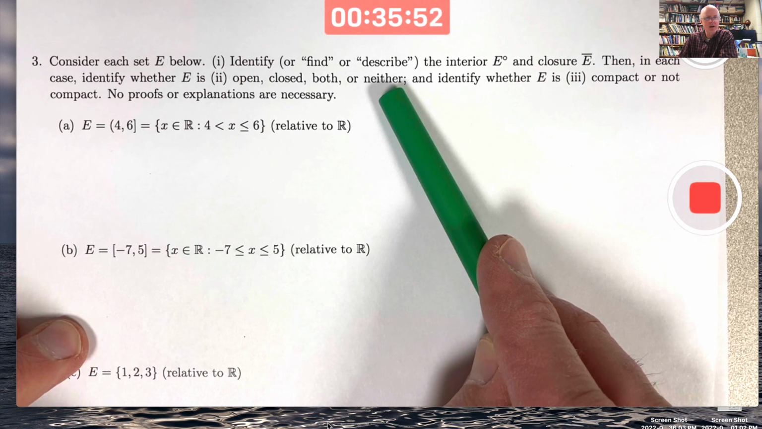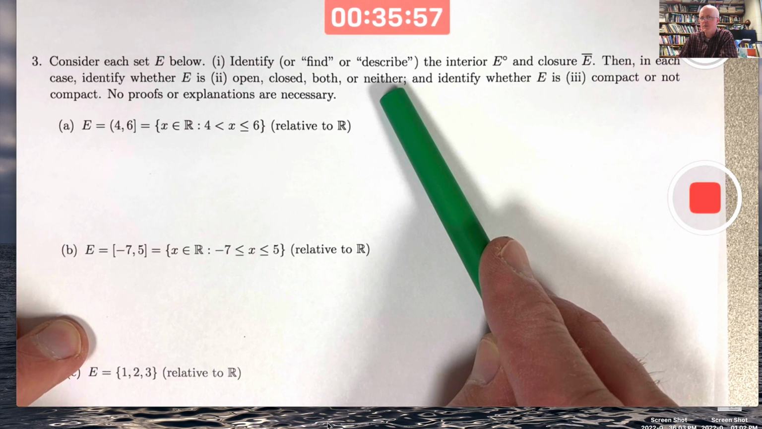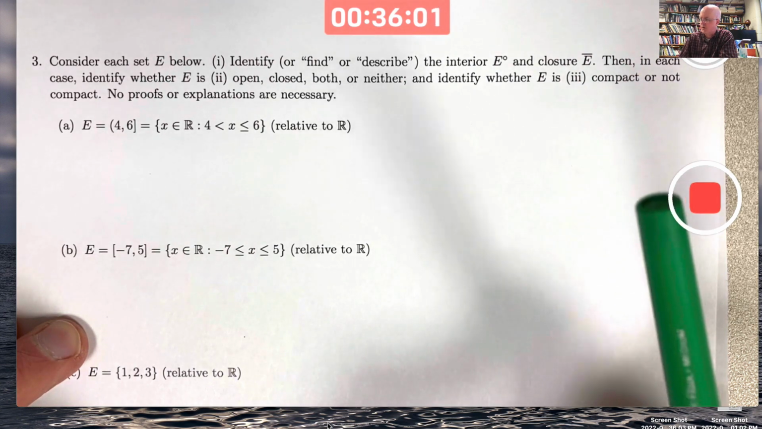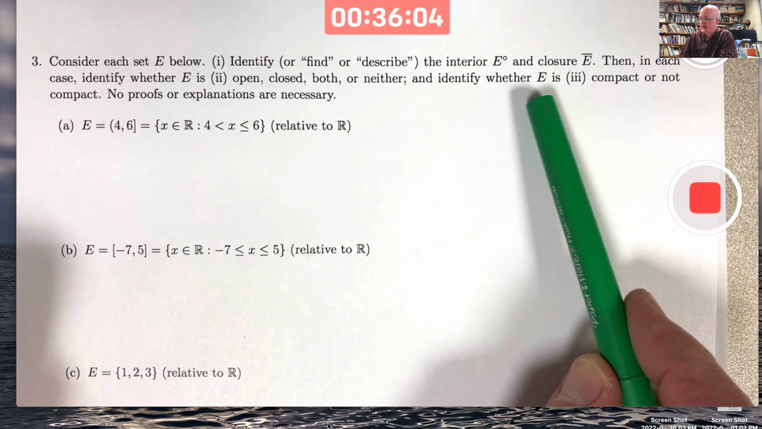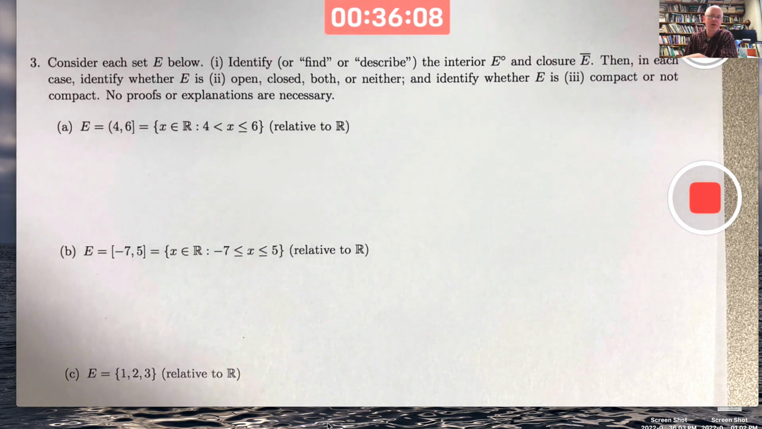Evidently, there are sets that are both open and closed. Weird. Or neither open nor closed. Actually, I drew a picture of a set that was neither before. Also identify whether E is compact or not. These sets are all subsets of Euclidean space, so we can really just think about whether these sets are closed